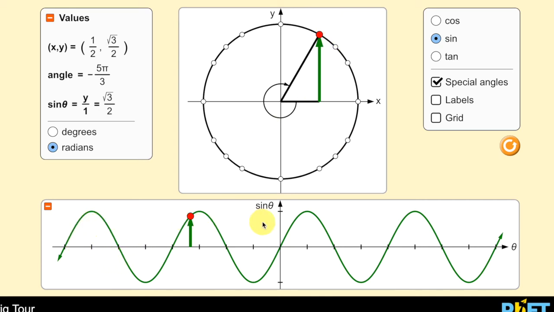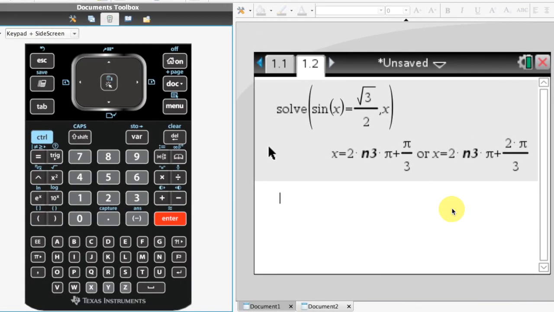Here we have our sine graph. And if we evaluate what the square root of 3 on 2 is, we get 0.86, which is roughly about there. So if you can imagine a line drawn through, then you can see that there are an infinite number of solutions which satisfy the equation because the sine graph goes on indefinitely. So getting back to my CAS, if I want to work out some solutions that made sense